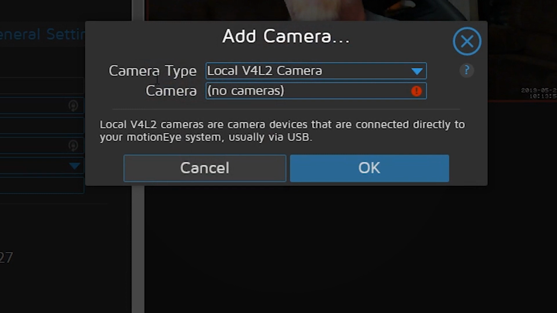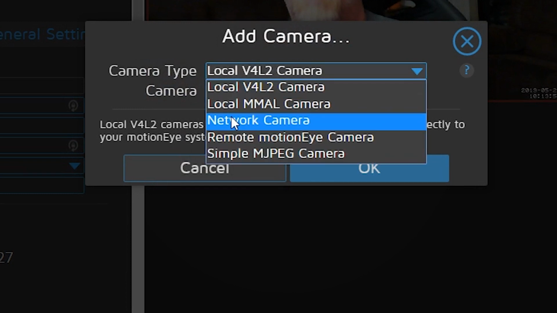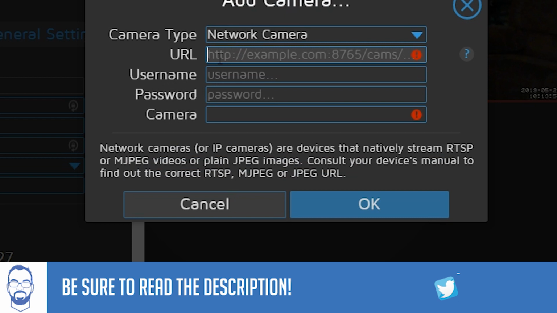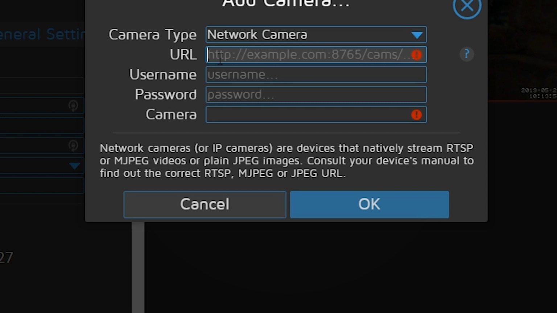We're going to go over here to Camera Type, and we're going to select Network Camera. So here it's asking for a URL, a username, and a password. So the URL is going to vary depending on what kind of a camera you're using. In this case, I know that because that's the way I've got this camera set up, that it uses an RTSP URL. So we're going to type in